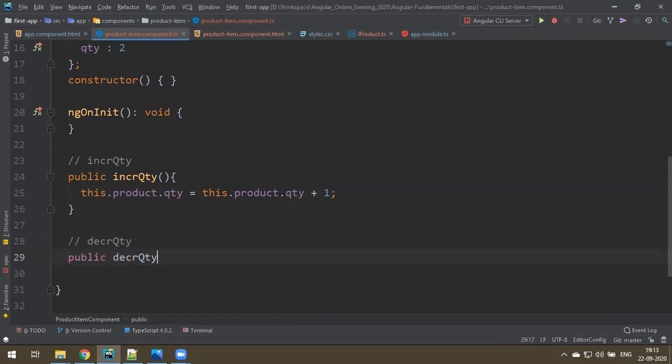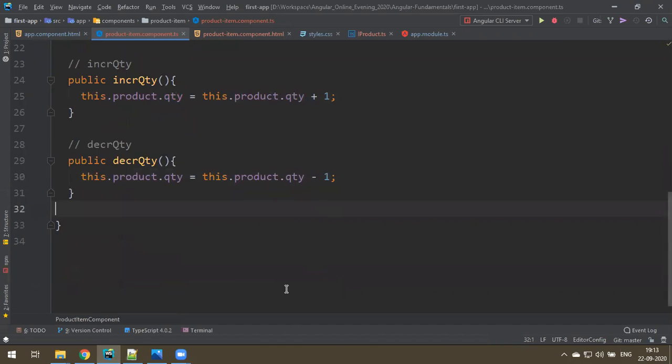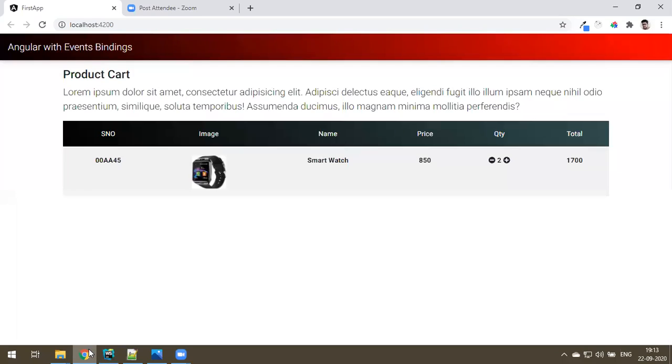So public decreaseQuantity, I write reduce by 1. Can we take the same story, make it minus 1? Okay, fine. We have applied the events and we are reducing. Now check. I think it got refreshed now. Yeah. So click on the plus, increasing, minus, decreasing.